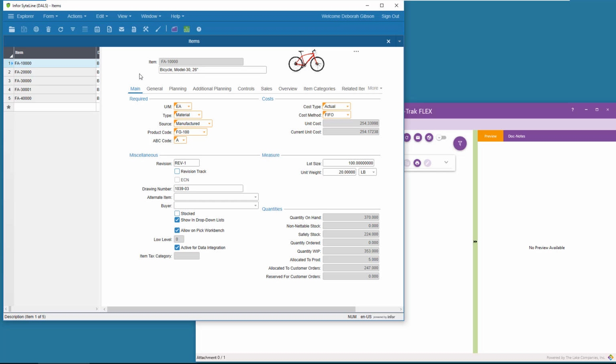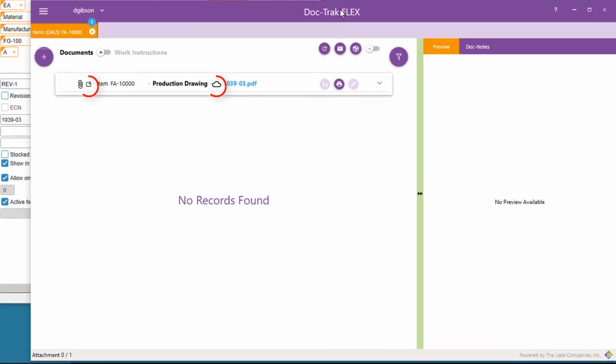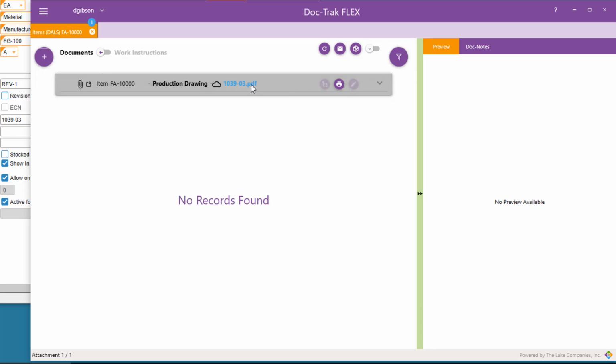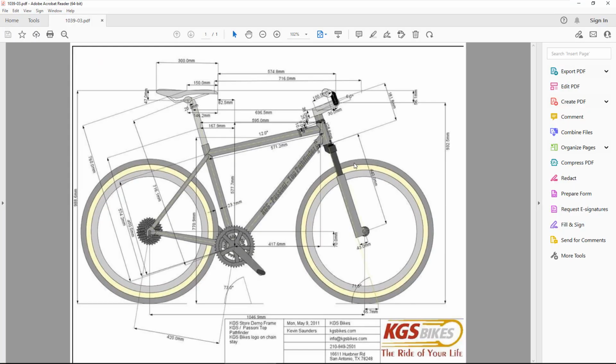Here's FA 10,000. And here's the virtual cloud attachment to the production drawing. It's in the S3 cloud, and it used the rule to search the correct path and find the correct file name. And here it is.